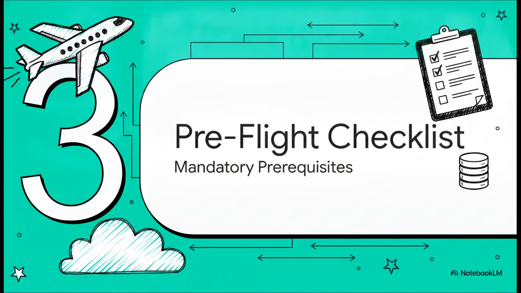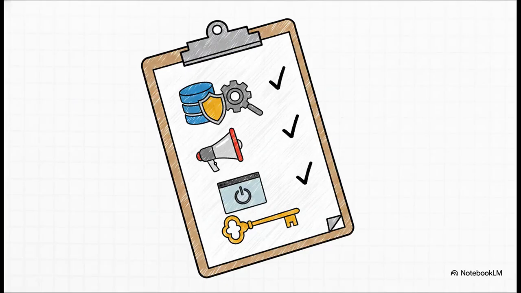Which brings us to Section 3, the pre-flight checklist. Listen, before you even think about touching the database mode, you've got to clear a strict pre-flight checklist. First and foremost, take a full RMAN backup. Since you're about to strip away the database's safety net, you absolutely need a hard save point right then and there. After that, verify your database status, let your users know about the impending downtime,